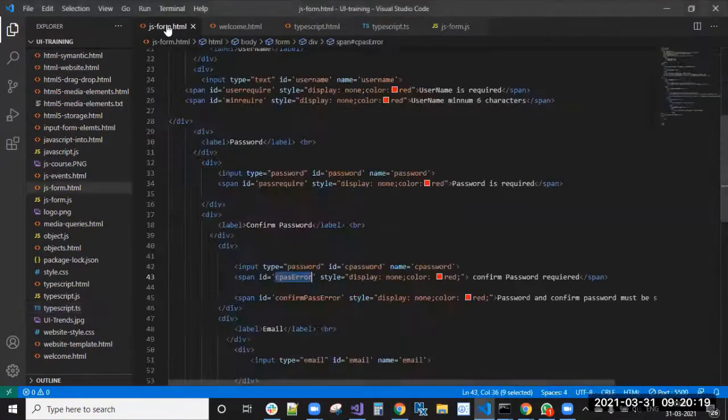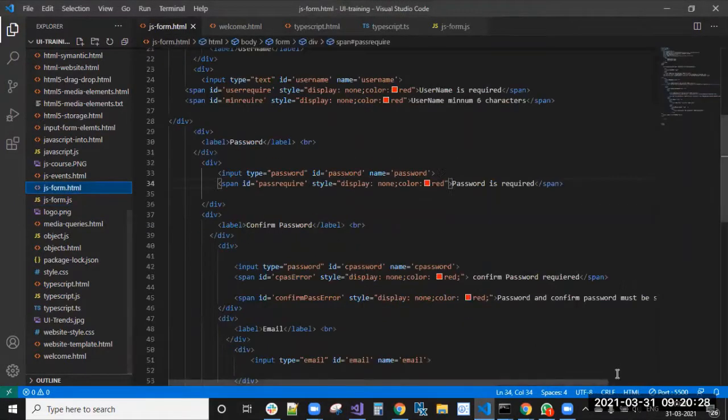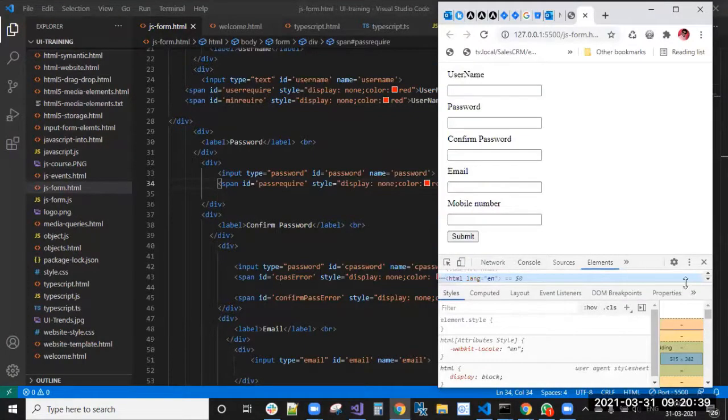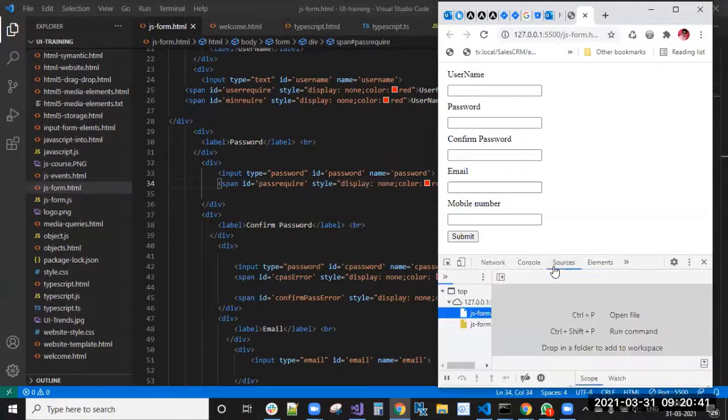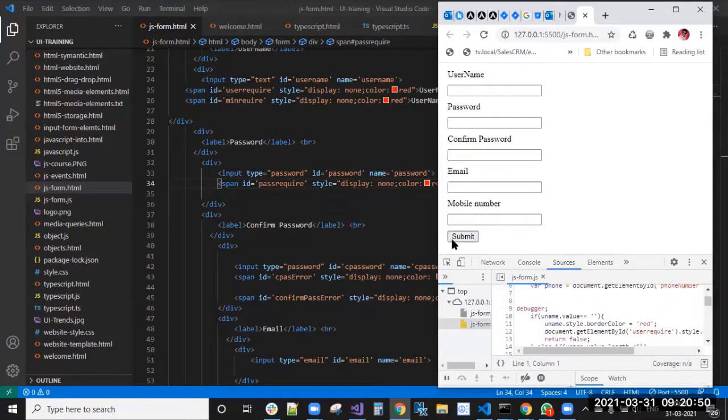In general, in the JS form.html we get document.getElementById, and JS form.js we have, right? So we will run this one once. Here we have already debugged that.